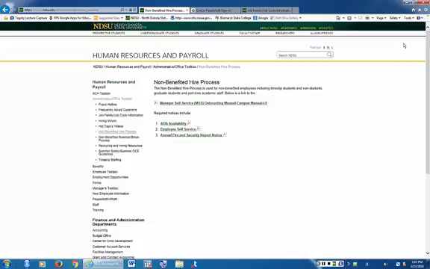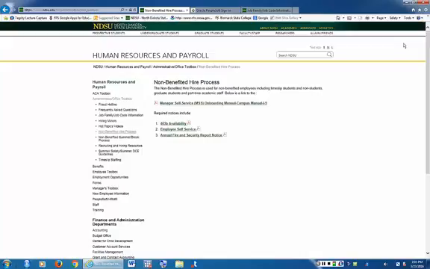Starting to implement the latest module in the manager self-service piece, which is hiring and onboarding. We started with the termination process, and we've been doing that for about a year now. So this is basically the final stage of this MSS module for hiring and onboarding that we'll be talking about today. It's important that we get this module implemented fully and that we're fully comfortable using it,